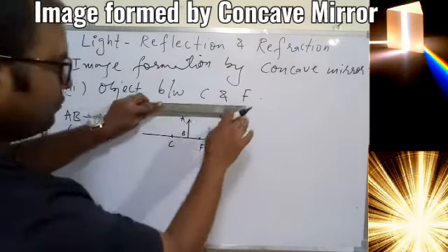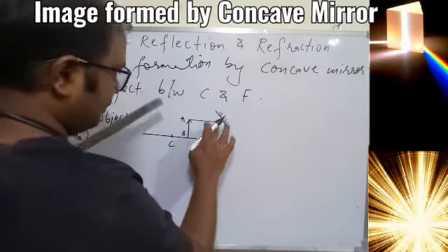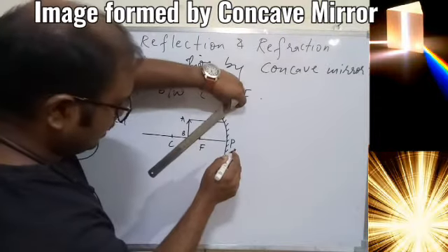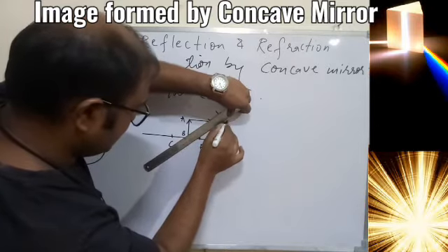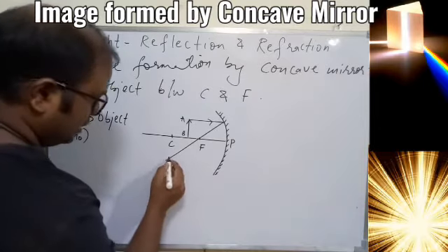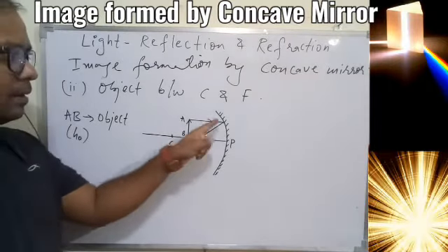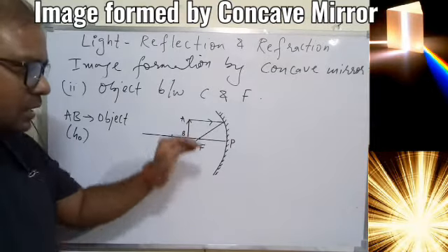Again, very first we always try to apply the first rule, that is parallel. So be careful, your line should be straight. I may not be getting it accurate on the board because it's difficult to handle the scale and marker, since both are slippery. So we got the first ray, let it be X, the ray coming from A, reflected from the concave mirror passing through F because the ray was parallel to the principal axis.